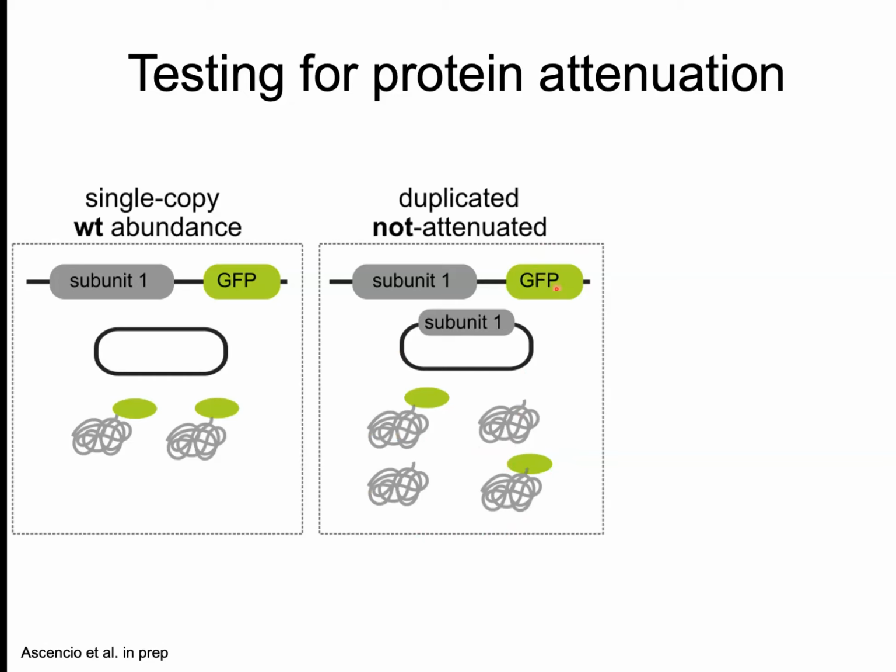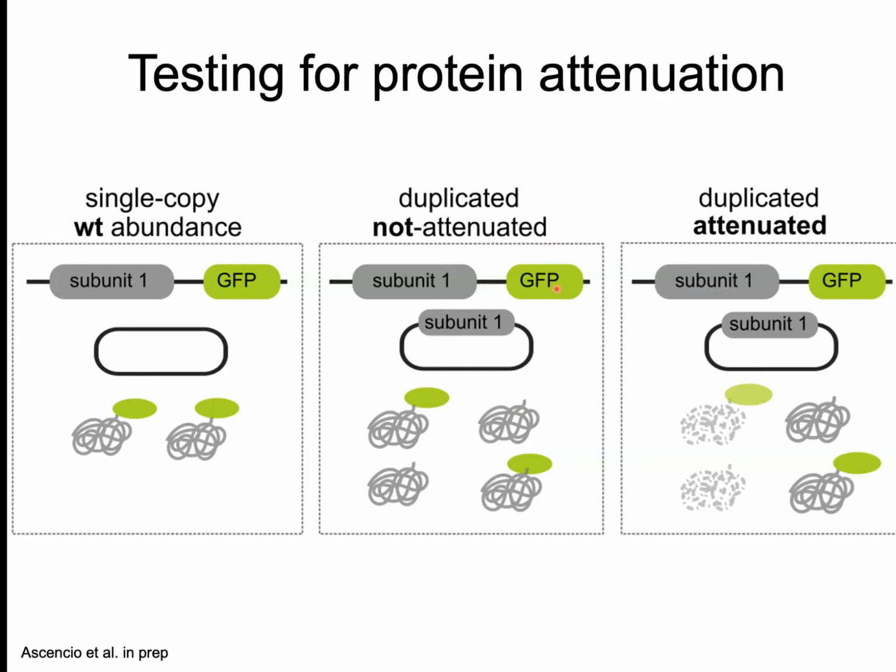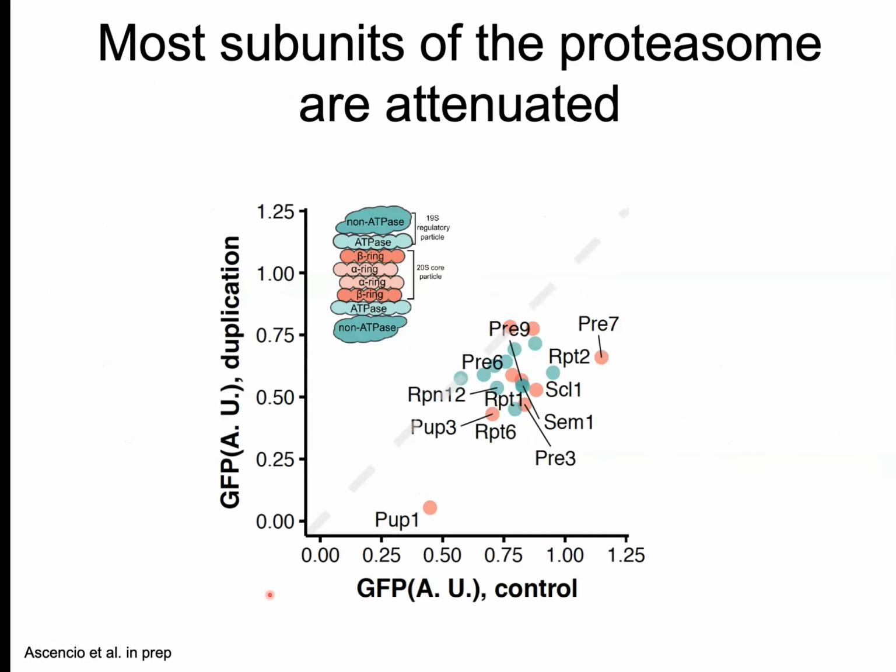However, when there is attenuation, we would expect a reduction in protein abundance so that it matches the wild type, or at least partially. And then because attenuation would occur for both the GFP copy and the non-tagged copy, we would see a reduction in GFP signal. So we tested if there was protein attenuation in the proteasome complex, and we found that most